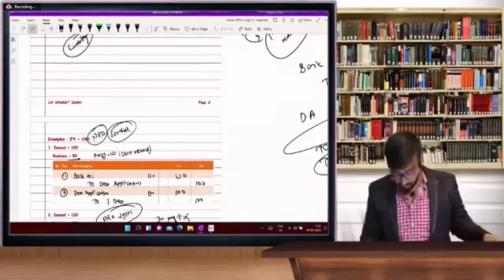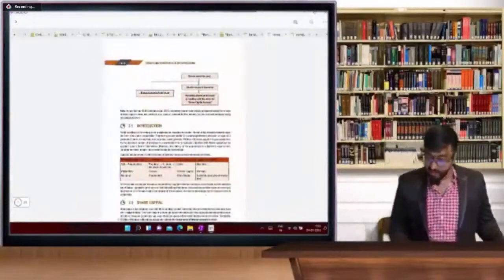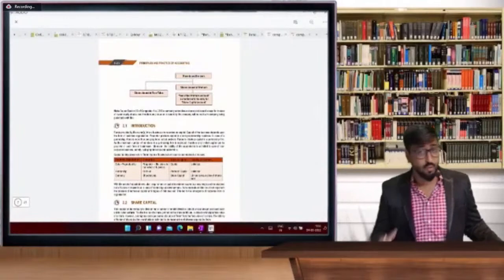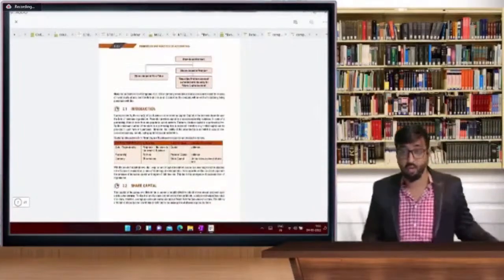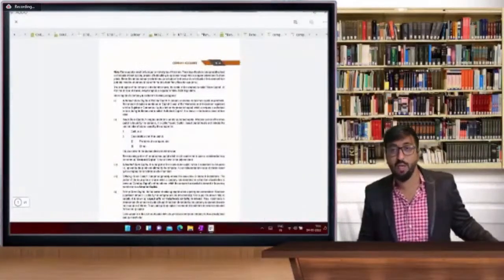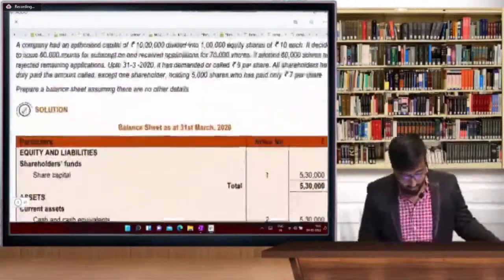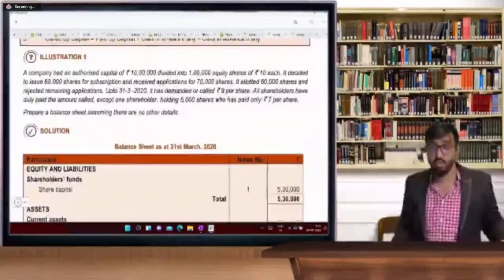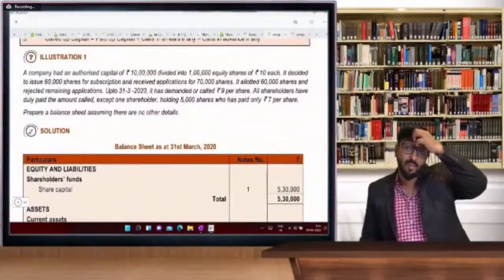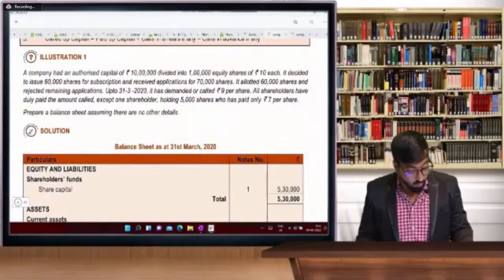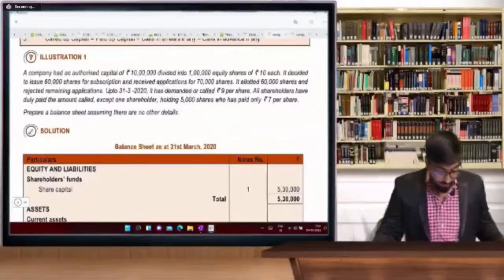Yes, many new students. Have you revised it? Are you finding this chapter easy or difficult now? Tell me, company accounts, because you might have had this chapter in your 12th standard also, and you know the logic of shares forfeited. So today we are going to start with this question, sir. Illustration number 1. Illustration number 7 we already covered. If you remember, the pro forma is very, very important, and I want your speed. How many of you have completed it within time?